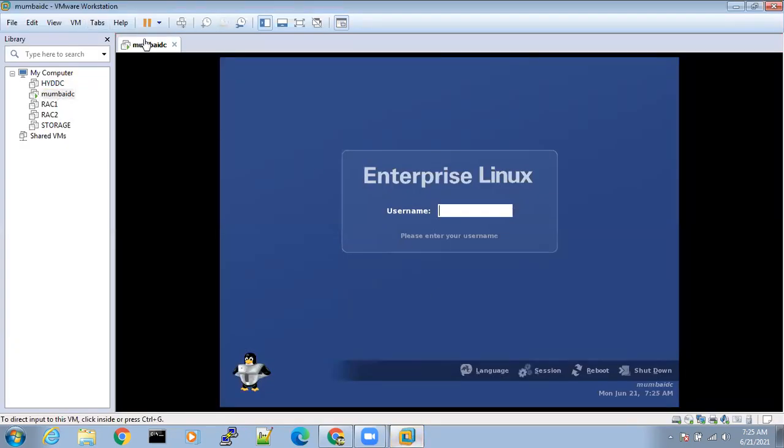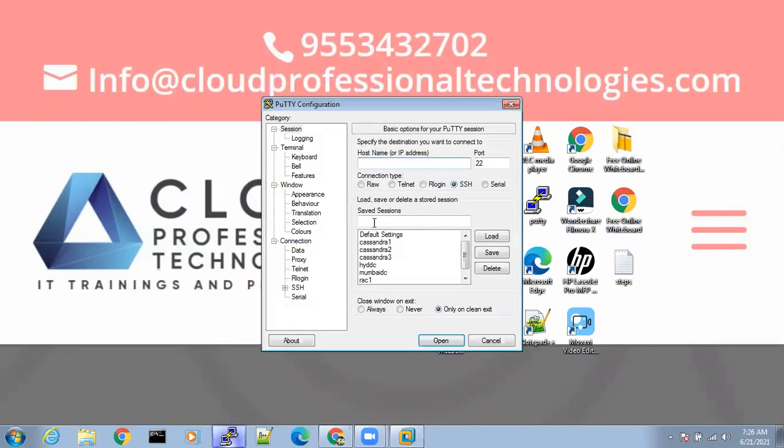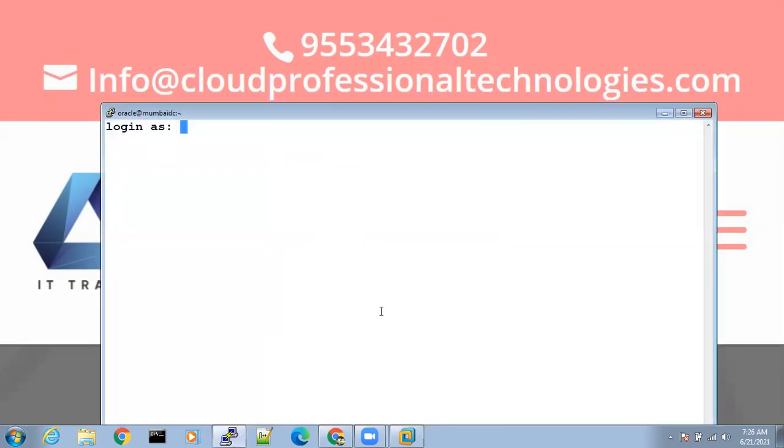So this is about the Linux operating system, and we have installed Oracle software inside Linux. We have the software in /stage, and in U01 we have the installation. Whenever I ask you what our Oracle home is, you have to tell U01 app Oracle product 11.1.0 db_1. Right? So let's connect to the server. Login as Oracle. Password is also Oracle.